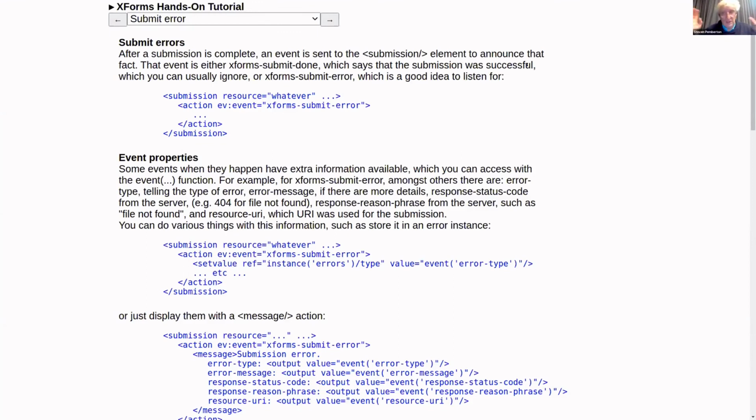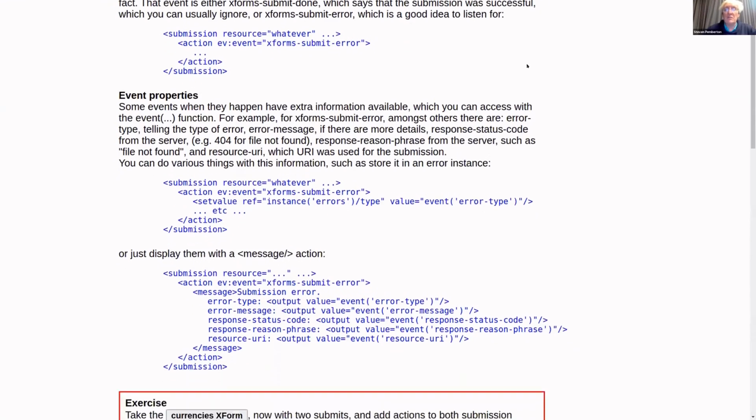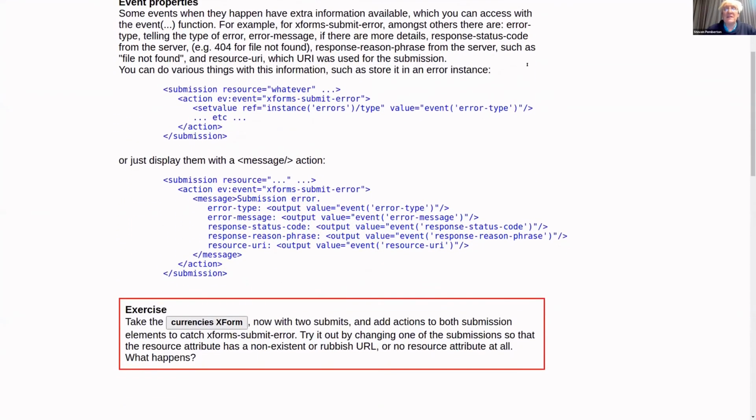How you use this information is up to you, but there are a number of possibilities. For instance, you could store those values in an instance by saying setvalue ref equals instance errors / type, and a value of the event error-type. Or you could just display a message. So there's an action called message, and you can just put some text in that message. And so here, submission error, error type, and then I've got the value of the error type, and so on